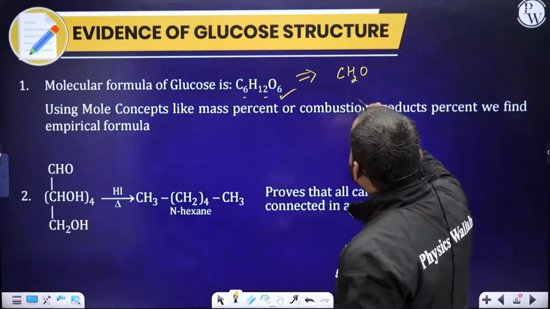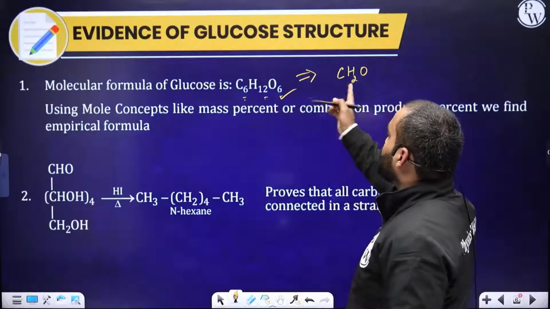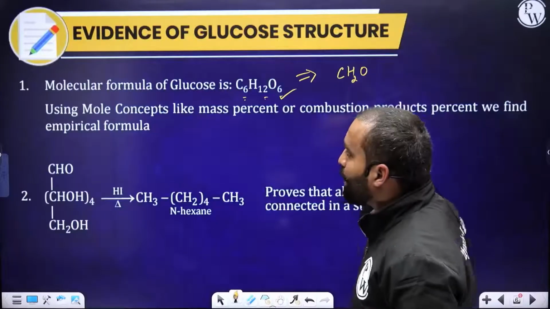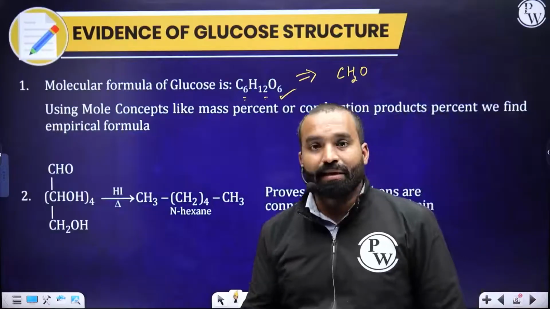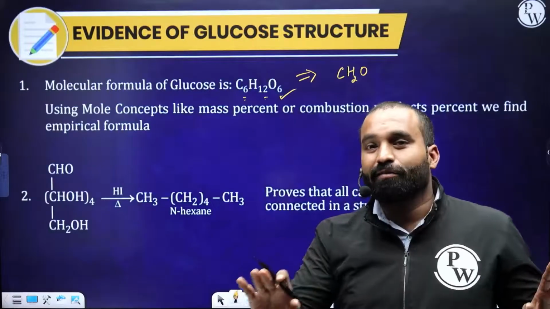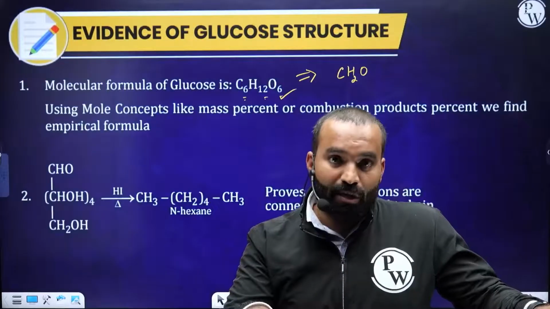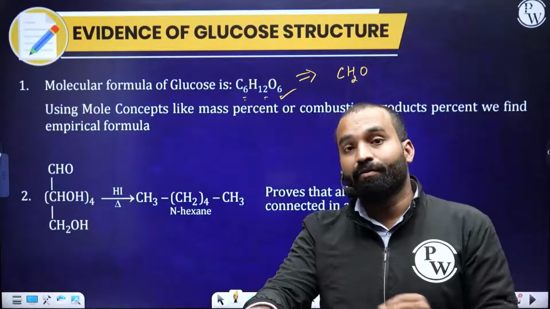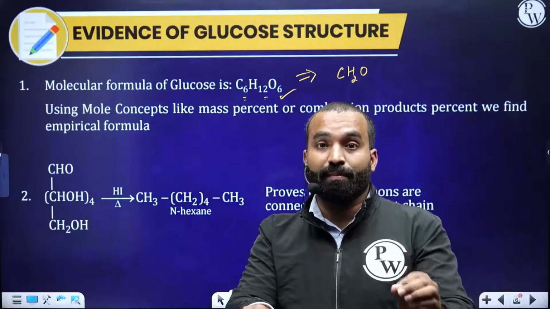And what will be the common factor here? 6 is the common factor. 6 into 2, hydrogen 12, oxygen 6. By the help of mole concept, we know mole concept is one of the important chapters in 11th grade. It's not just one of the chapters, it is the language of chemistry. If you do not know what mole concept is, I recommend you be ready with mole concept, because wherever you go in chemistry, mole concept will be after you.